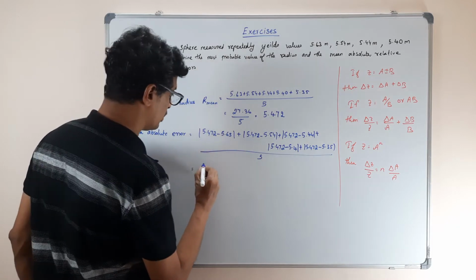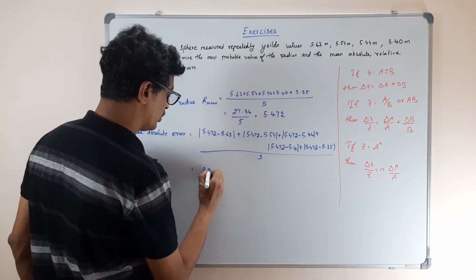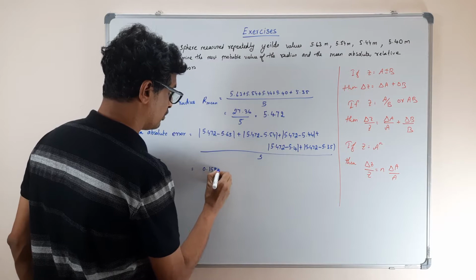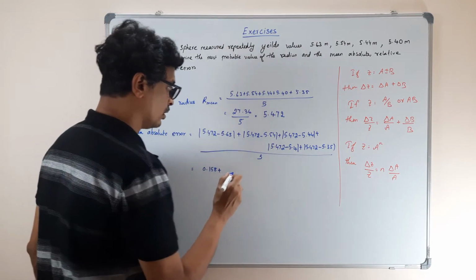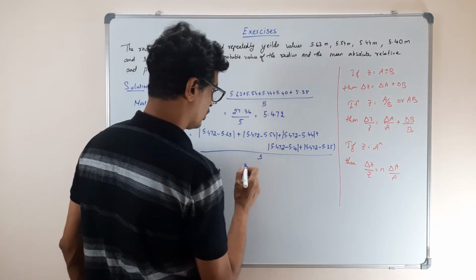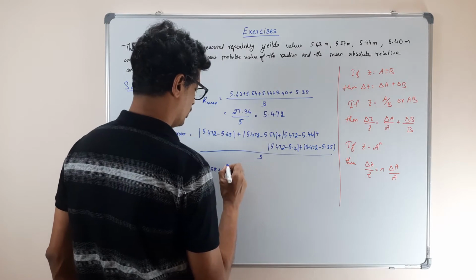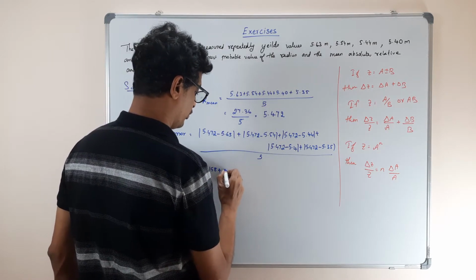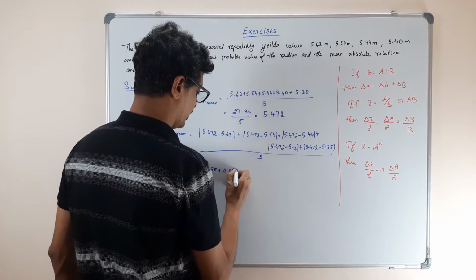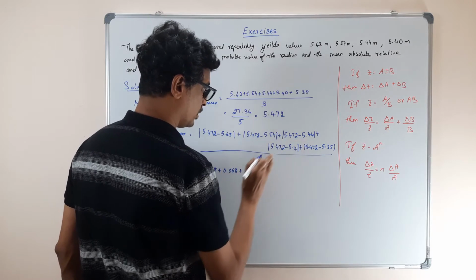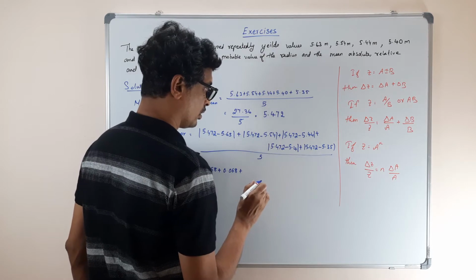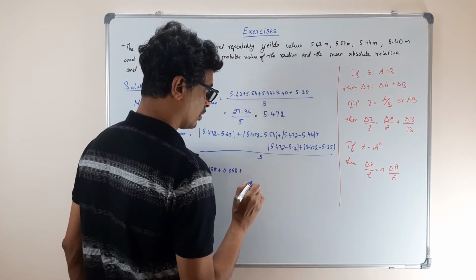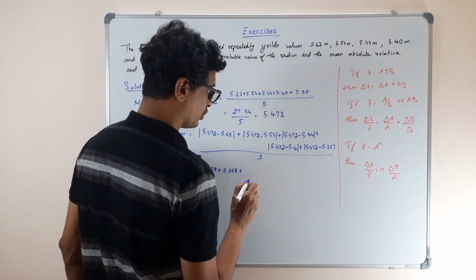So that is 0.158 plus what about this one? 0.068 plus what about this one? 0.032